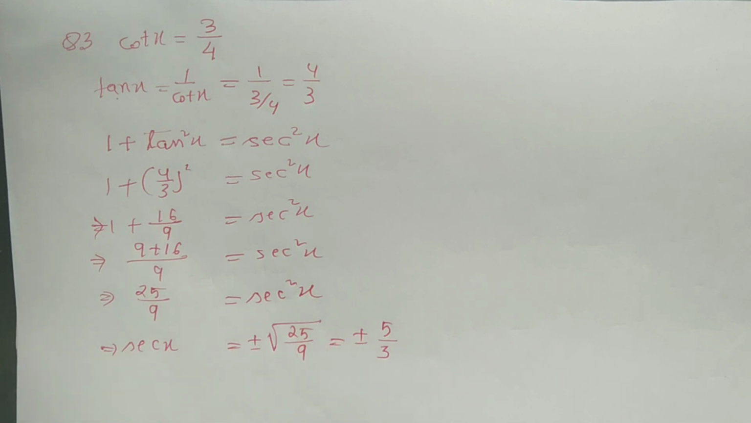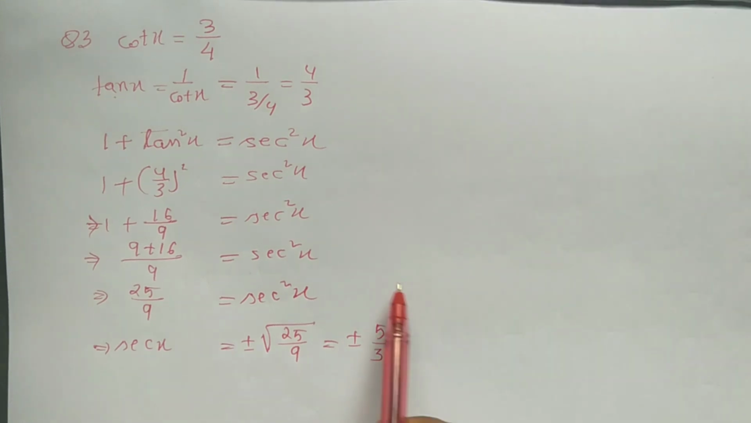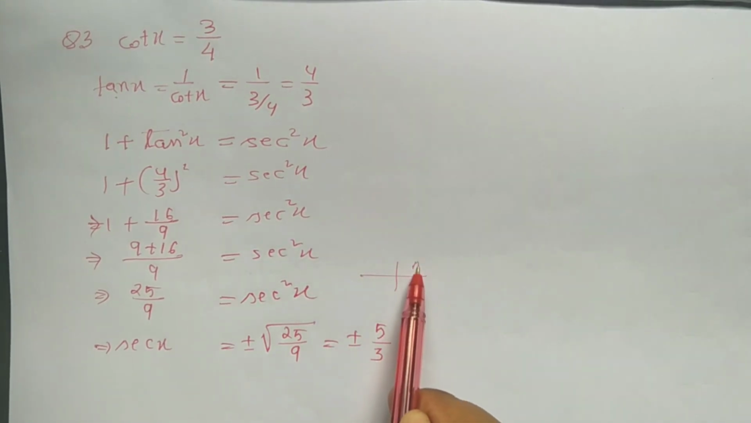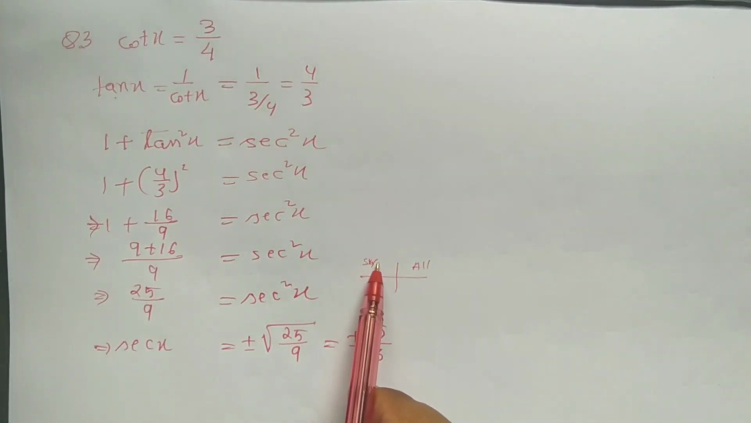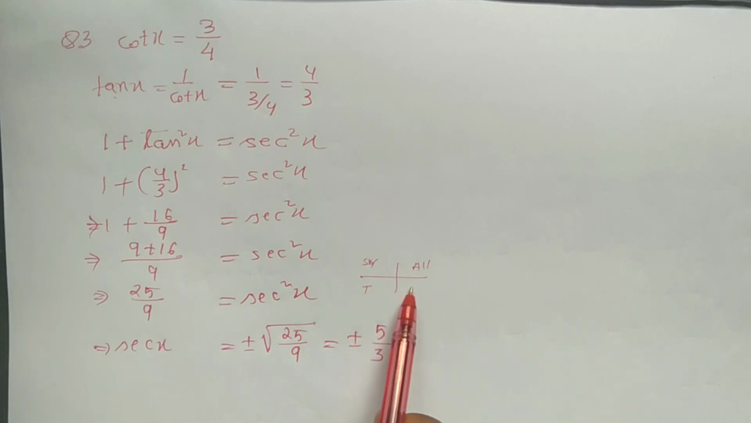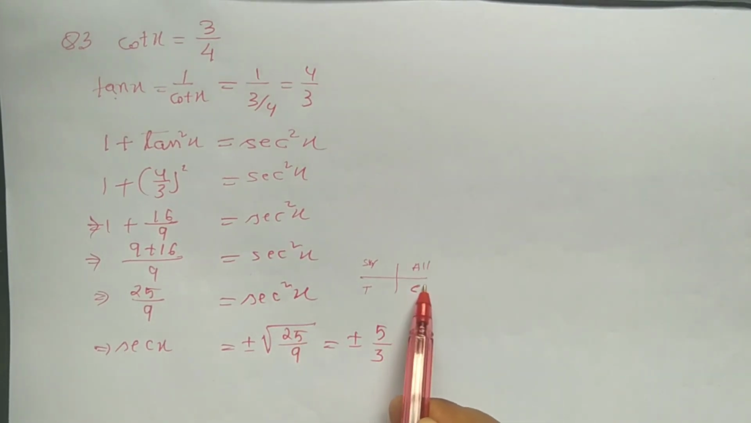So one condition is given, isn't it? What condition is given? x lies in the third quadrant. If x lies in the third quadrant, that means here all the trigonometric functions are positive. Here only sine and cosec are positive. Here only tan and cot are positive. Here cos and sec are positive. This one, sec, right? Cos